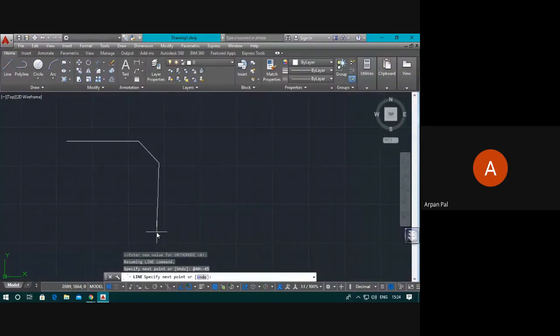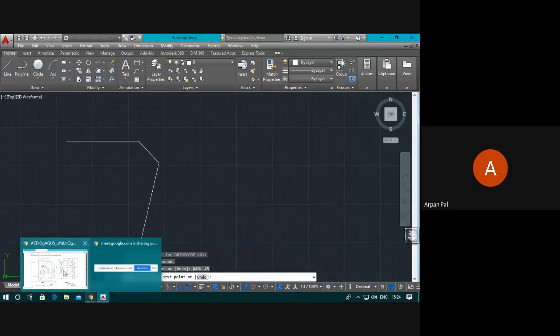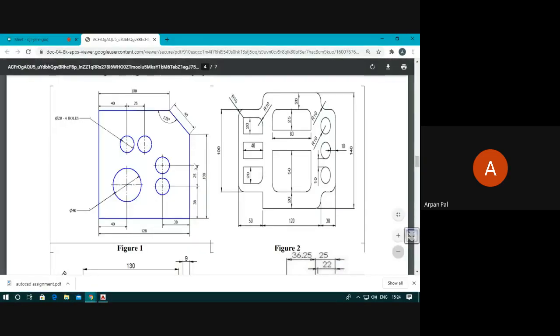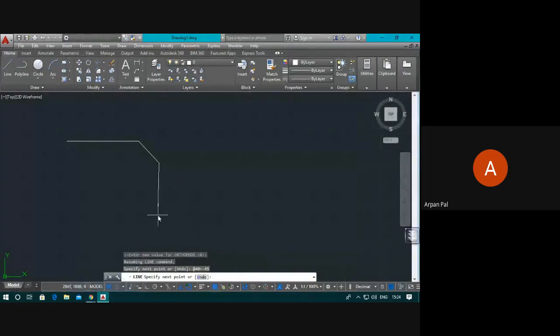Again, I need to go vertically downward. And what is the value here? You can observe this is 100. Okay, vertically downward 100 means again I need to switch on the ortho mode. For this line drawing also, if you haven't switched off your ortho mode, it will not be a problem.